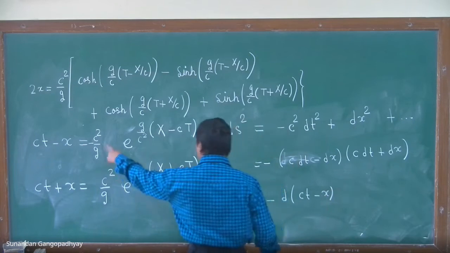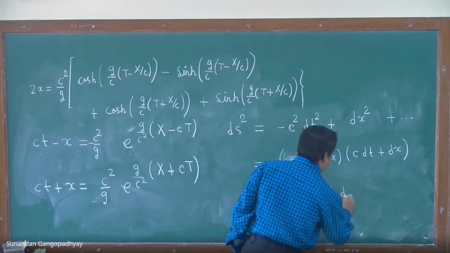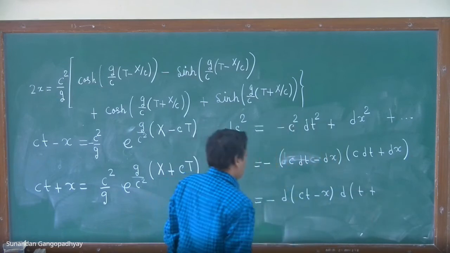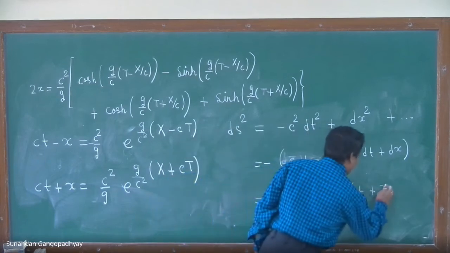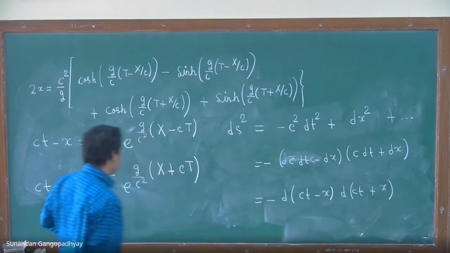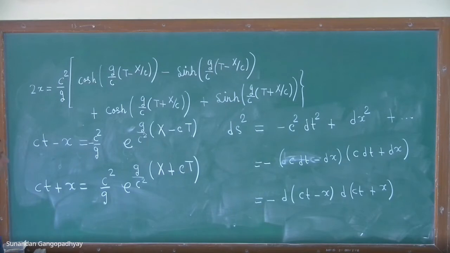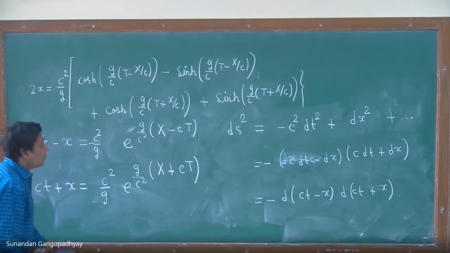So that is the reason we kept it in that way. It just simplifies the calculations a lot. So this is ct plus x. So you know what ct minus x is and what ct plus x is. You just put it there. That's it. So if you put it there,